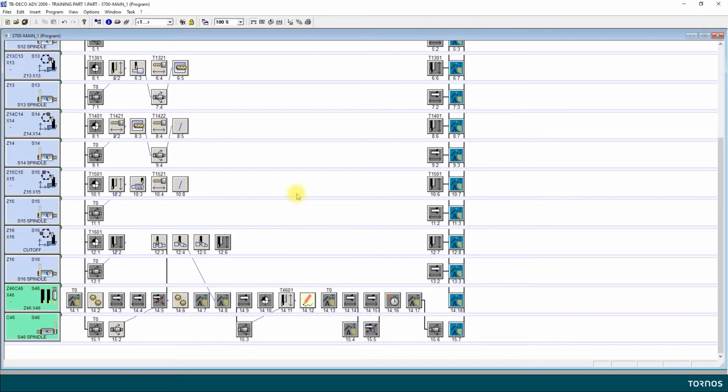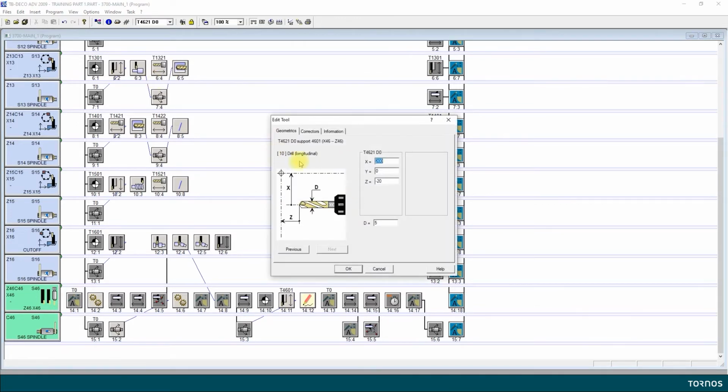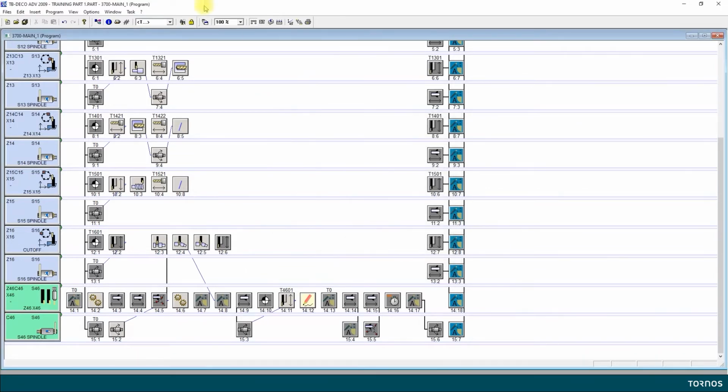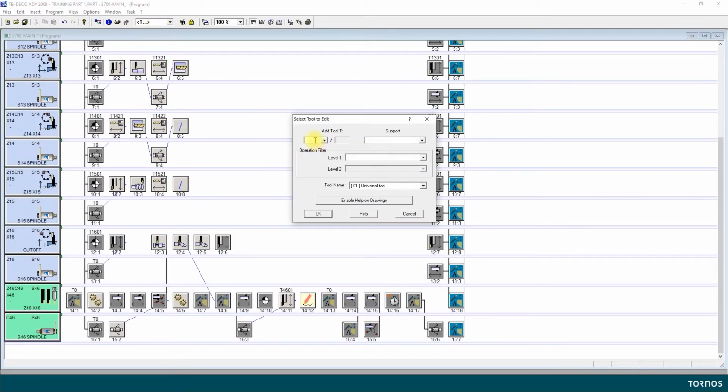Now let's also quickly look at the geometry of the tool 4621. 4621 is a drill, so we will change it to an inside turning tool. So I come back here, and then here I will type 4621 0.